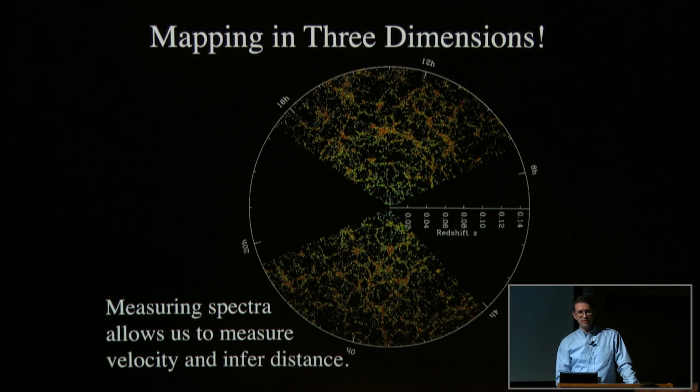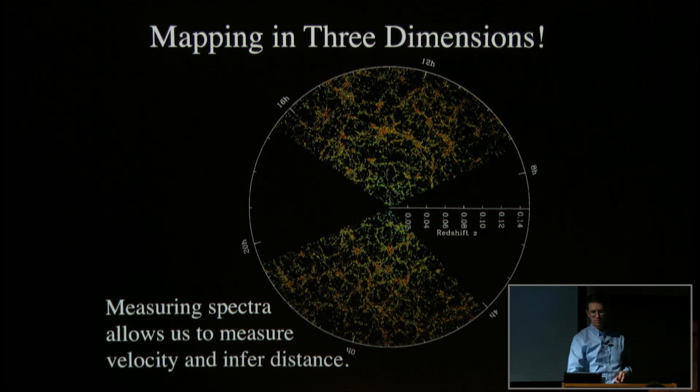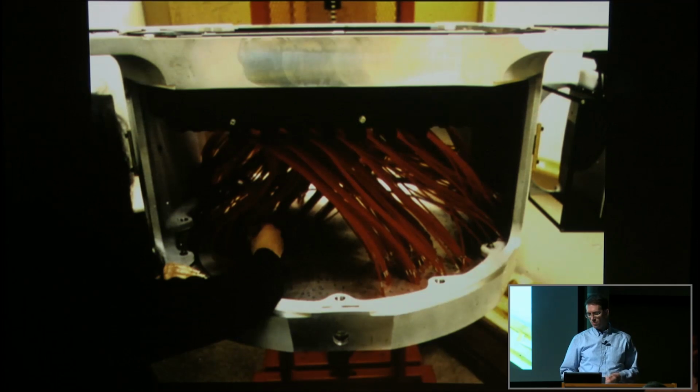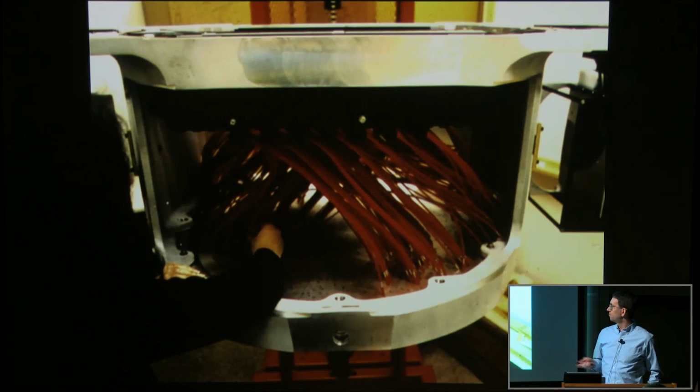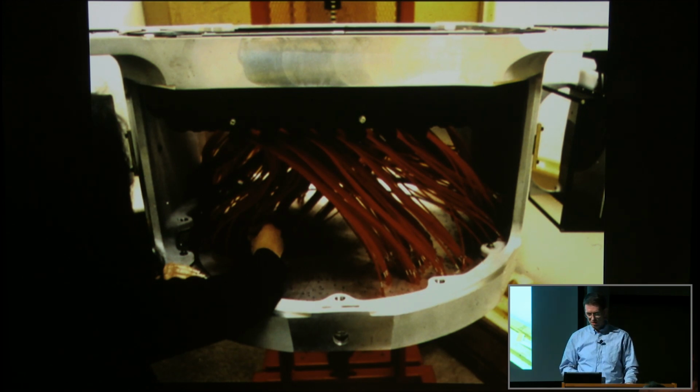Until about 1990, all of the spectroscopy was done one object at a time. You basically would sit there and do one object, one object, one object. Well, it takes a long time to get up to 4 million if you're doing one object at a time. And so what we do is something called fiber spectroscopy. So basically, these are optical fibers, and they plug into this plate, and the light will go into those fibers and then transmit it off to the